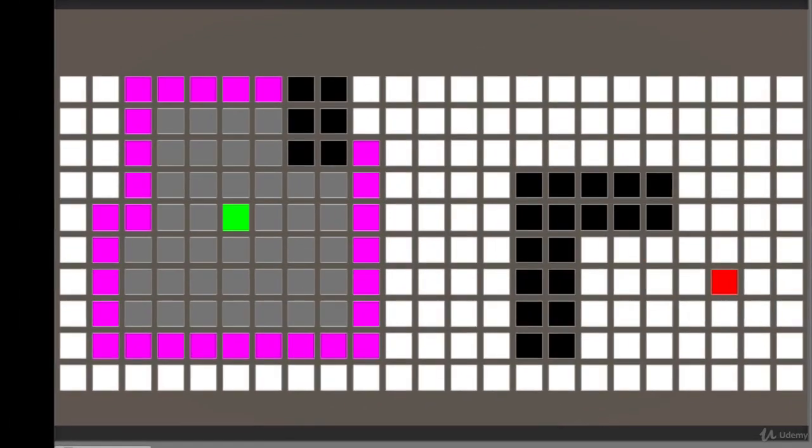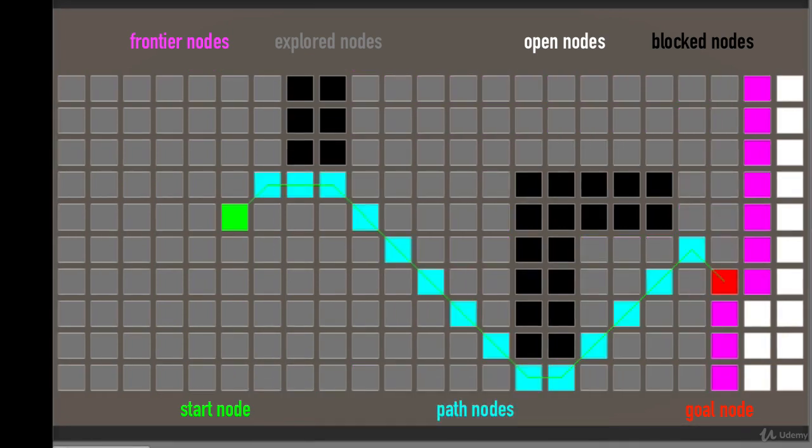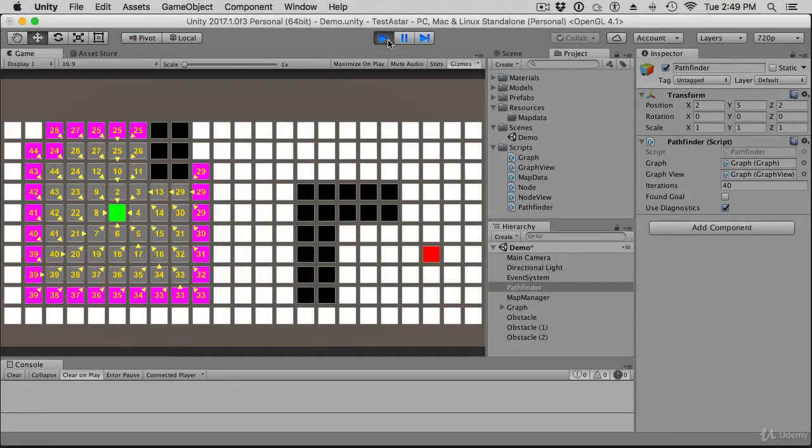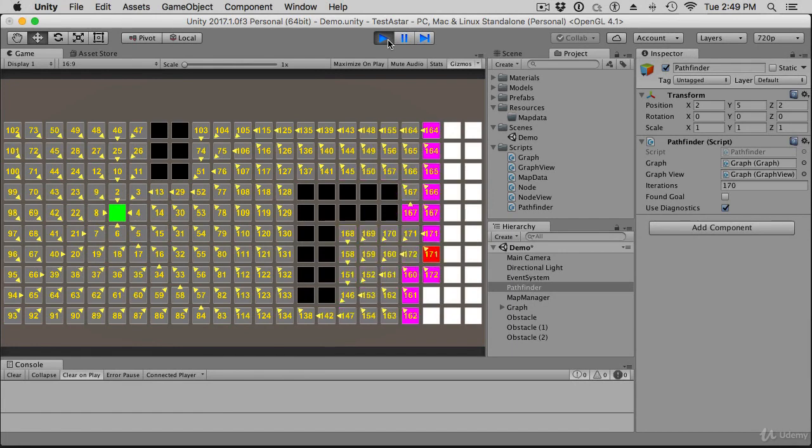Our maze is stripped down with most of the nodes open, and there are just a few obstructed or blocked nodes. So we have our start node, goal node, frontier nodes, explored nodes, and finally when we're complete, we have our path nodes. I've colored the nodes to make it easier to understand what's going on. When your final Pathfinder is complete, of course, we won't have any of these nodes visualized at all. We will just return a path through all the obstacles, and your game manager can do what it wants with that. These color diagnostics, however, are really helpful to understanding the pathfinding process as we learn it for the first